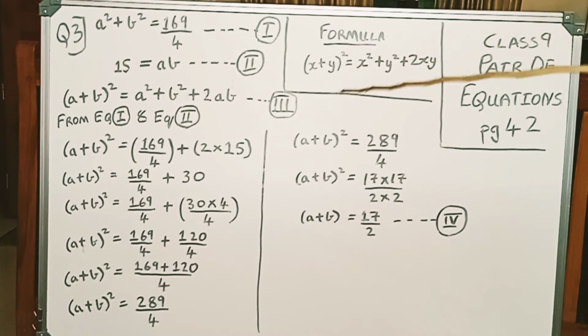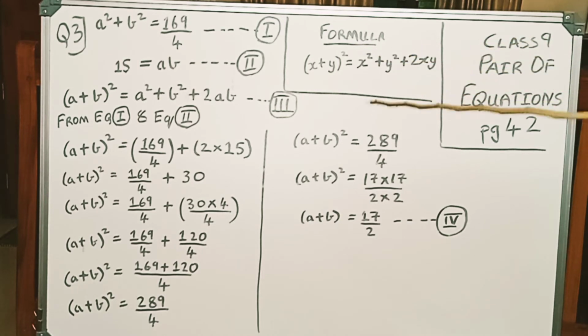Now we will be using this formula. This formula is just like x plus y the whole square is equal to x square plus 2xy plus y square. So this 2xy is in the middle, we have brought it to the last term. In addition, we can arrange terms in any way we want. Okay, so x plus y the whole square is equal to x square plus y square plus 2xy. This is the formula that we had learned. For any two variables, we can write it in this form: x square plus y square plus 2xy.